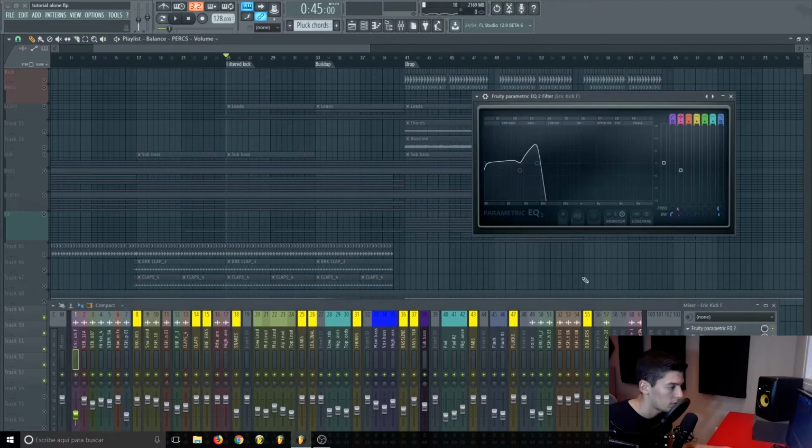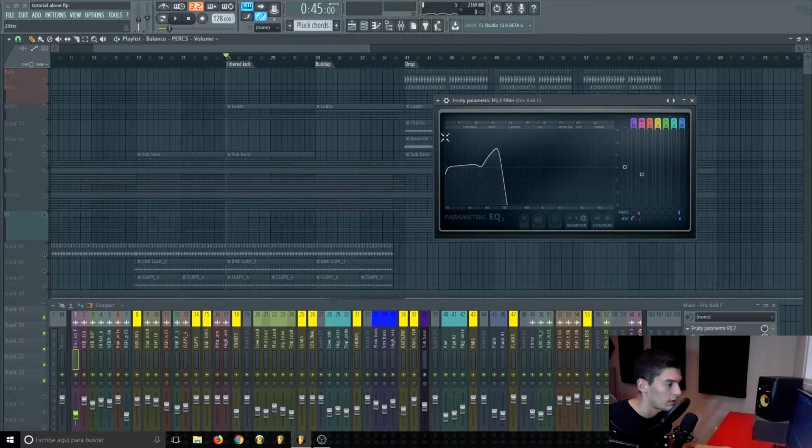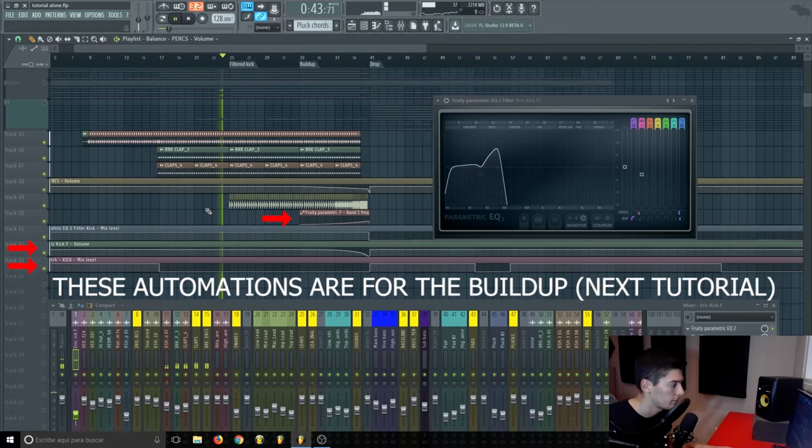Really simple. What I did is I used a high cut. Alright, so I don't have all these highs and mids, I just have the mid lows. I boosted here on the frequency of the kick and the frequency of the key of the track, so you can hear more on the mix. Alright, so in the breakdown,